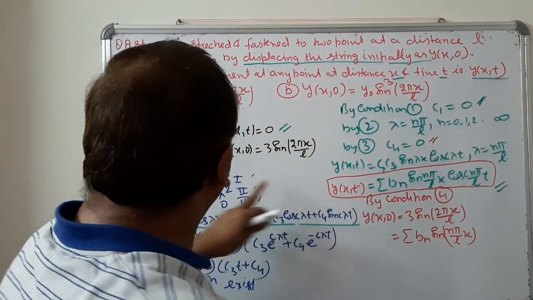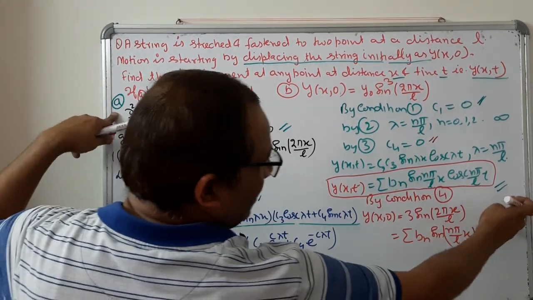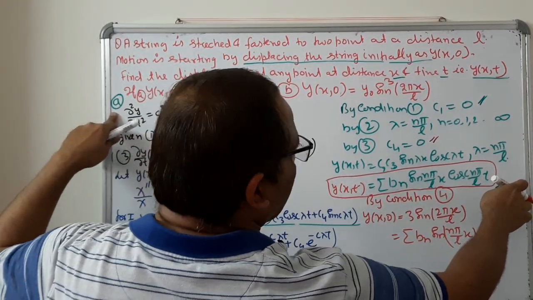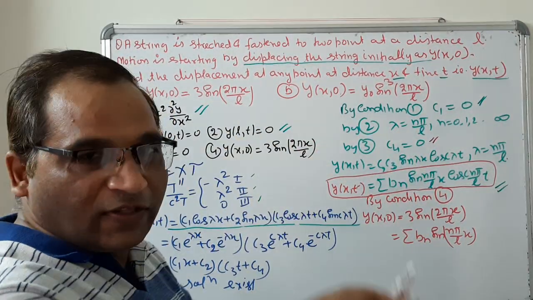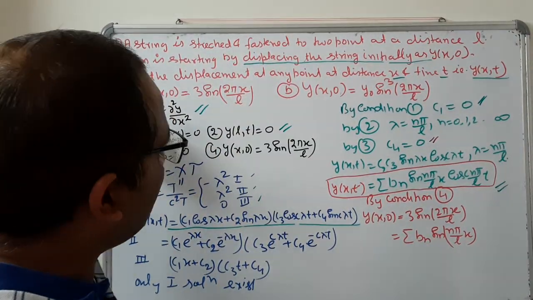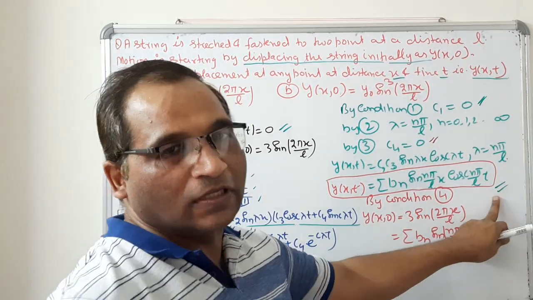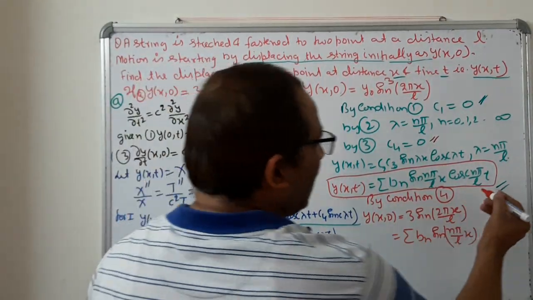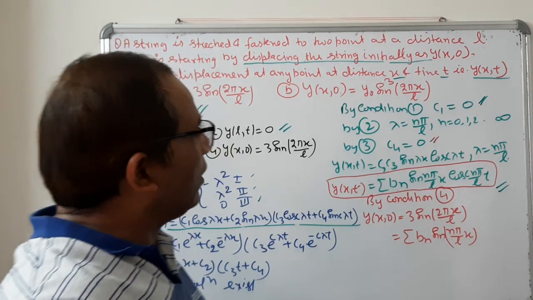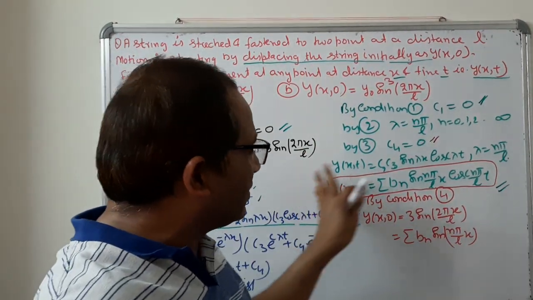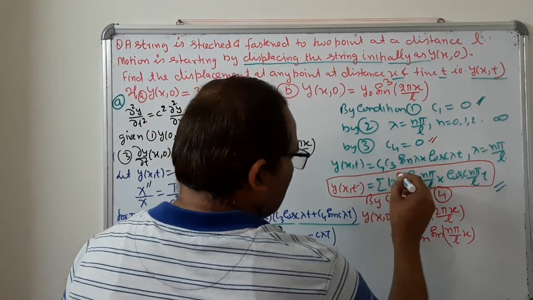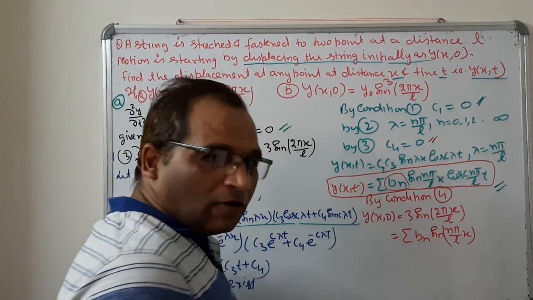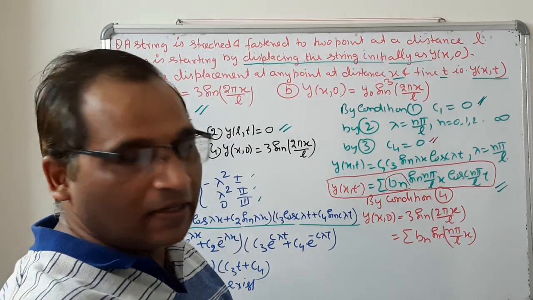So you should write from this line to this line in each question where type A questions are there. So you just find out if this is type A, you write from the first line to this line in each and every question, right? And then replace the value of L. If the value of L is given, replace it here. Otherwise, this is the final solution. Now we have to find out only the value of Bn, and the question will be complete, right?